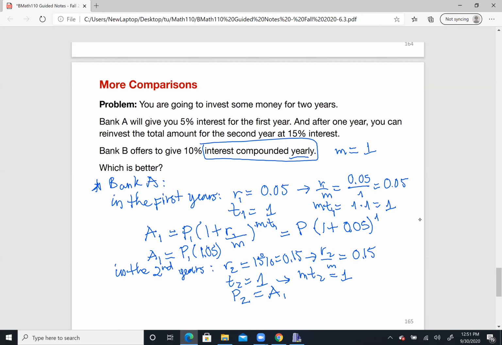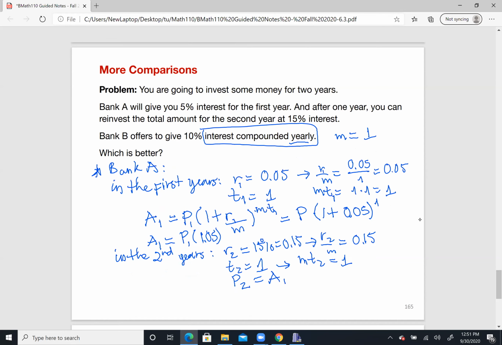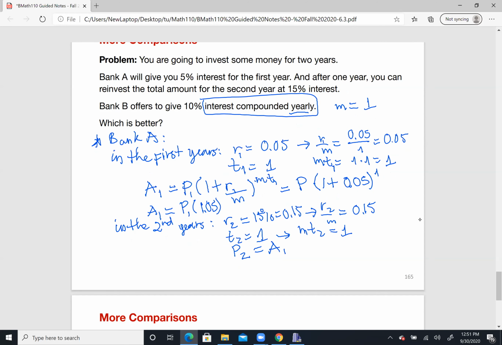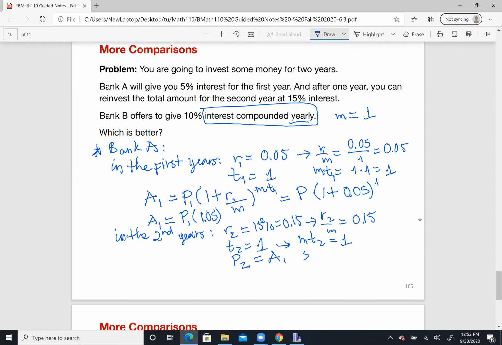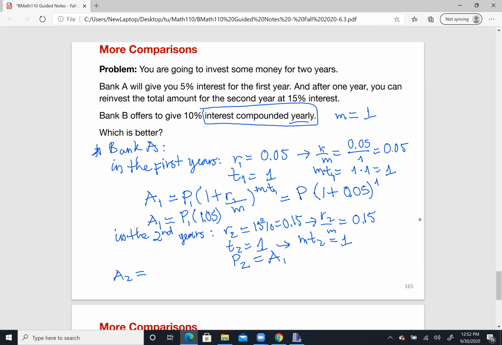So then P2 gonna be equal to A1, and then I'm gonna have A2, maybe I'm gonna write A over here. A2 gonna be equal to P2